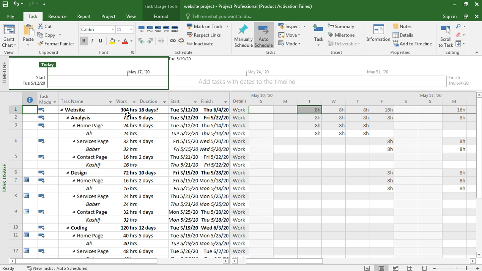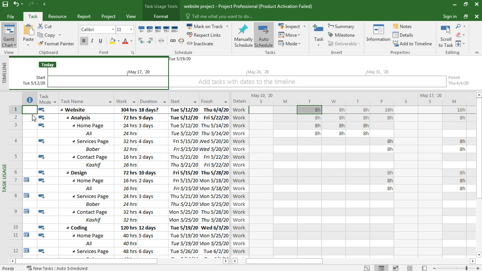And if we go to resource usage, this is 8 hours and everything is good. There is no red icon, it means everything is 8 hours. This is automatically calculated: 24 hours, 16 hours, 40 hours.